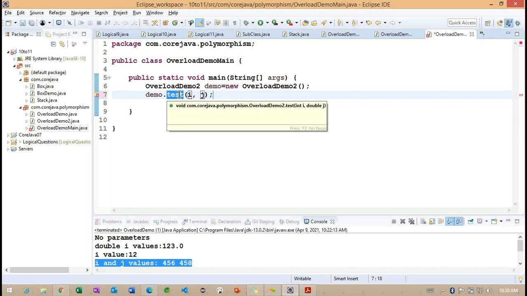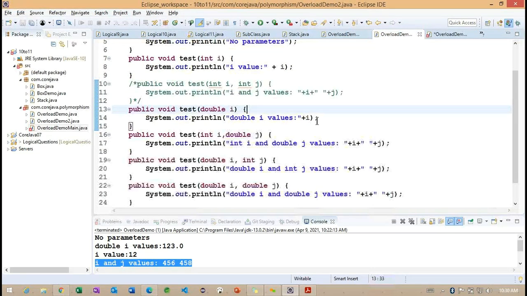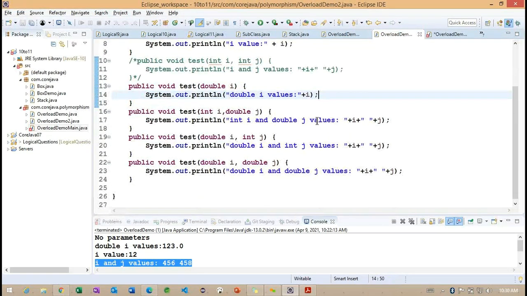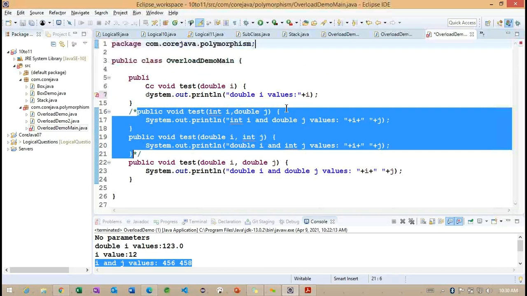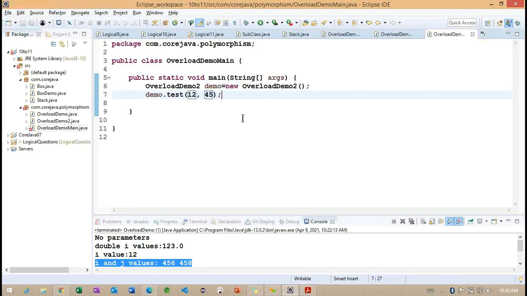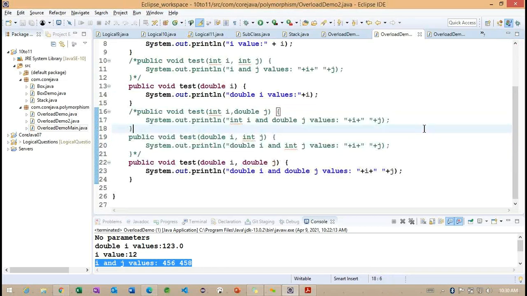Basically, this test method is expecting double parameters. Now I want to give an integer value, so it's not going to accept it here. Why? Basically, test with int to double creates ambiguity. Okay, let me change here. We don't want to work on these two methods. Depending upon what parameters we pass, it will call the corresponding methods, right? Yes, that is what I want to explain here.